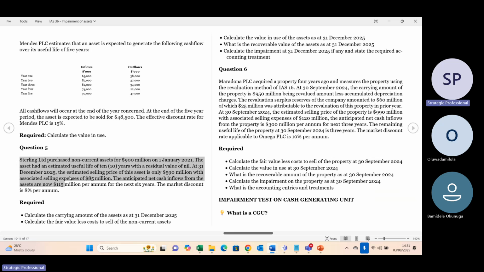Now, depreciation. You know that depreciation is the gradual fall in the value of an asset. Once the value of an asset is reducing, it means that the asset is depreciating. And there are different methods of depreciation. You have the straight line method, the reducing balance method, the sum of the years' digits method, and the unit of production method. But most times, the two methods usually tested are the straight line method and the reducing balance method. So where the examiner is silent, automatically you should just use the straight line method.